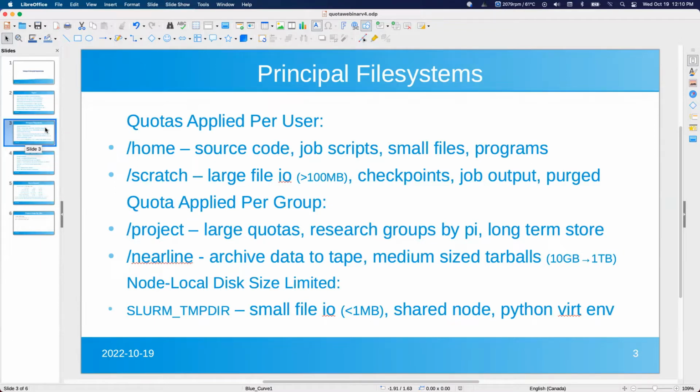This one is appropriate for large files, roughly more than 100 megabytes, for doing checkpoints and writing job output as the job runs. And this file system is purged. Your home account, of course, is not purged. So they have very different attributes associated with them for your usage. And the quotas, because they're per user,